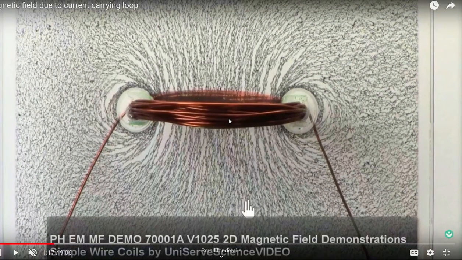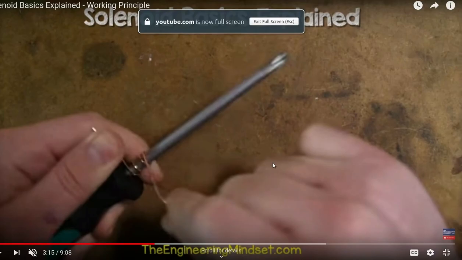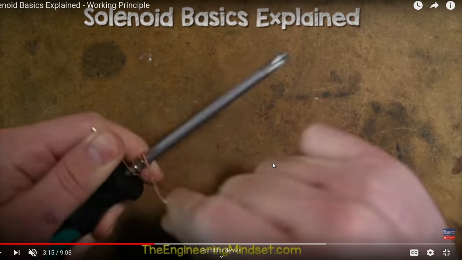So you can see it's arranging itself better and better, okay. So yeah, the final video that we will be watching today is about what a solenoid is, okay, the basics of solenoid. We are going to look at just what a solenoid is and what happens in a solenoid, what the magnetic field lines are, and what direction they are in, and all in a solenoid. So a solenoid is basically a